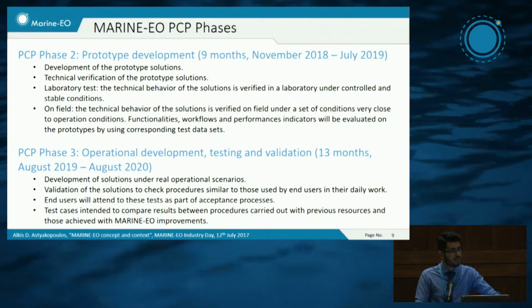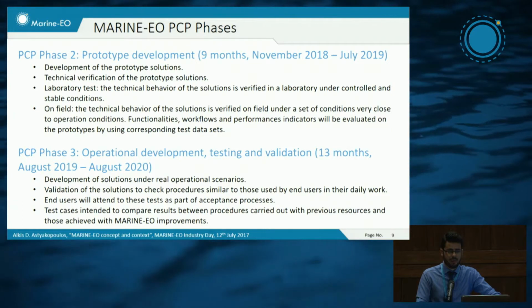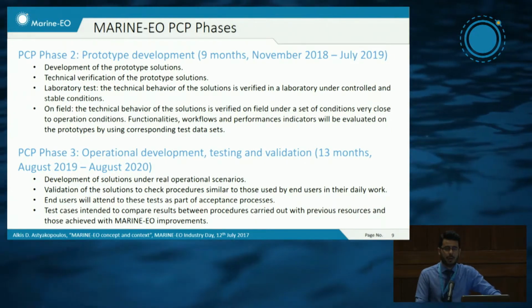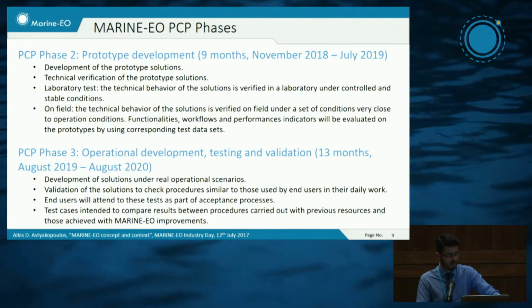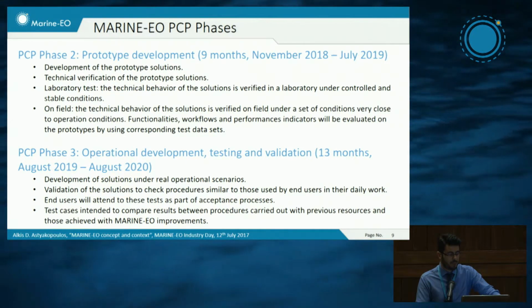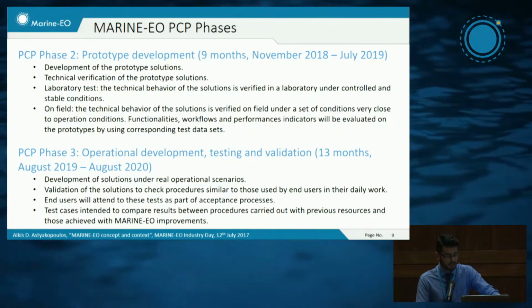And the last phase is PCP phase 3, which is the operational development, testing and validation of the services. It's the biggest PCP phase of the project. It lasts 12 months plus 1 month for evaluation. And here we cover all the solution development under operational conditions. So we